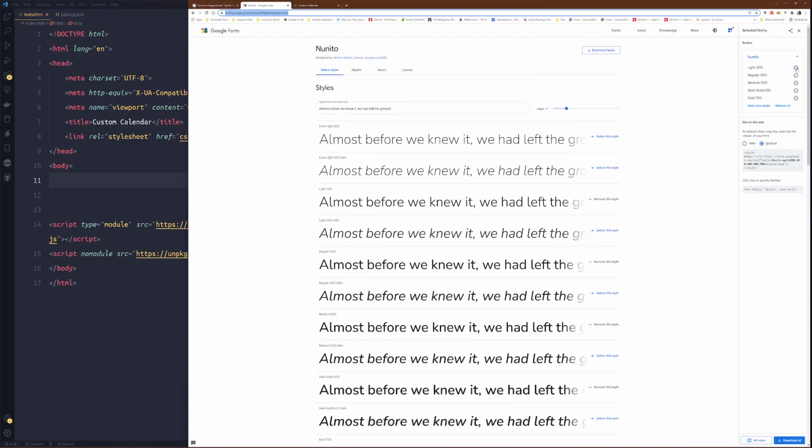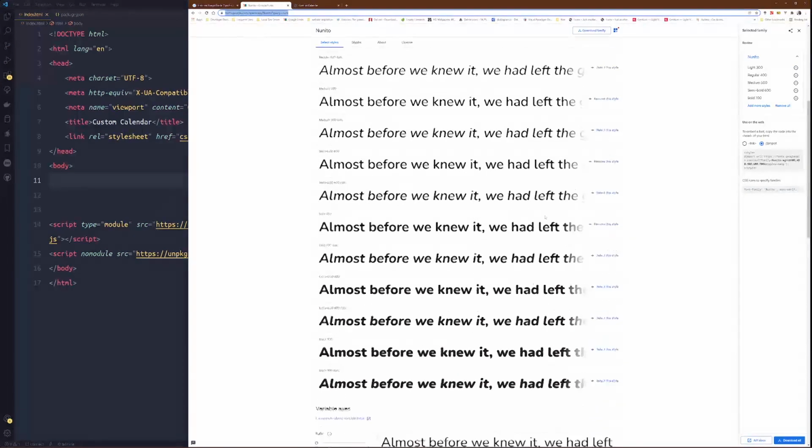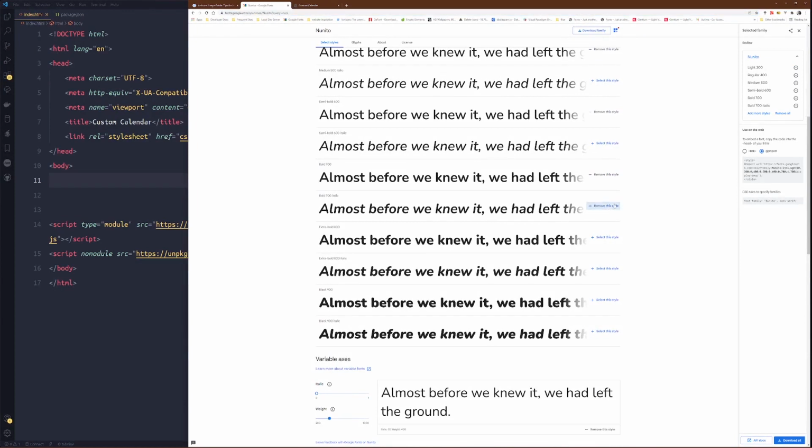Fonts here, I already select the Nunito. So you see I select 300, 400, 500, 600, and 700. If you want to select a new one, click on select this style, go add and join. But we don't need the 700 italic or any other italic because it will be easily slanted with CSS. So two ways to import to your project now. Either you link them in the HTML or you import them in the CSS. So I'll just go with this import.